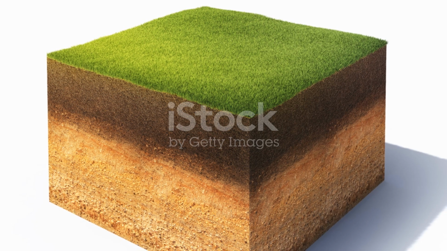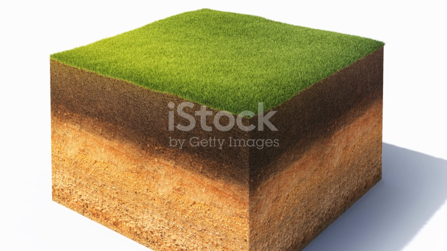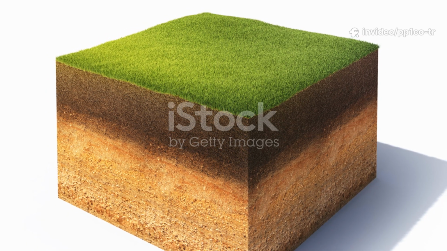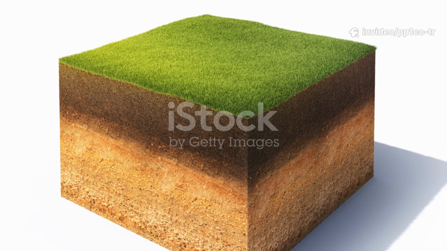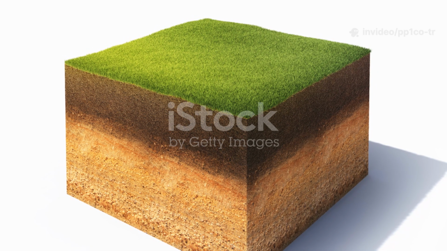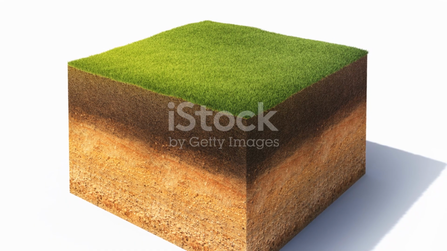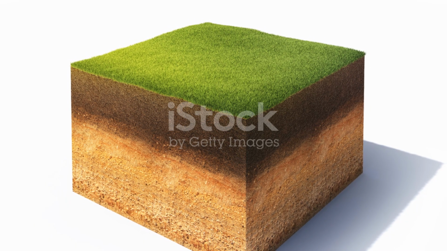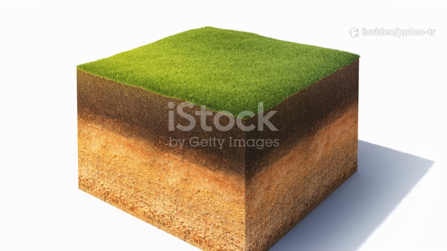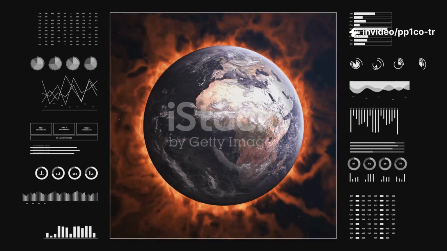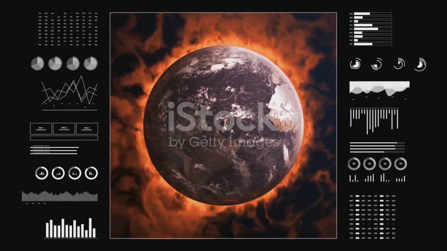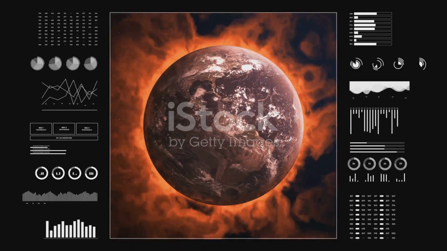C. Core. Definition: the innermost layer of the Earth, mainly composed of iron, Fe, and nickel, Ni, often called the nife layer. Depth extends from 2,900 kilometers to 6,371 km, the center of the Earth. Temperature: extremely hot, ranging from 4,000 degrees to about 6,500 degrees at the center. Divisions: 1. Outer core, 2,900 to 5,150 km. State: liquid. Composition: molten iron and nickel.